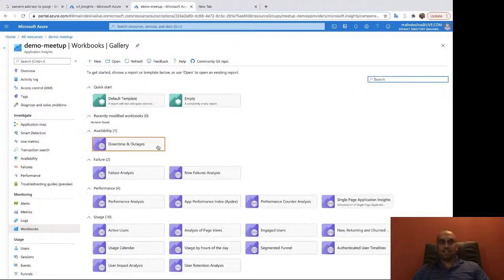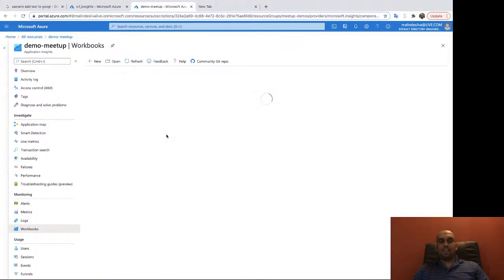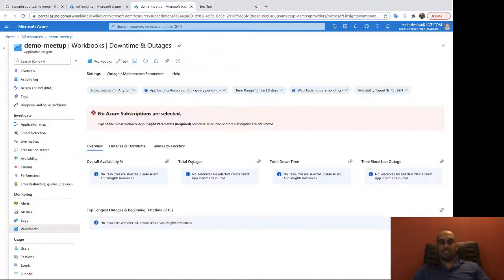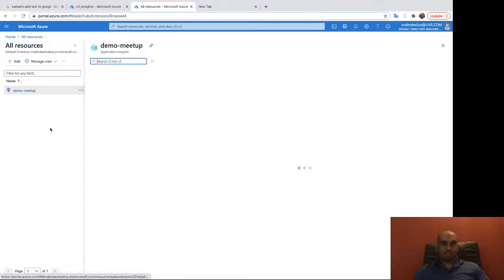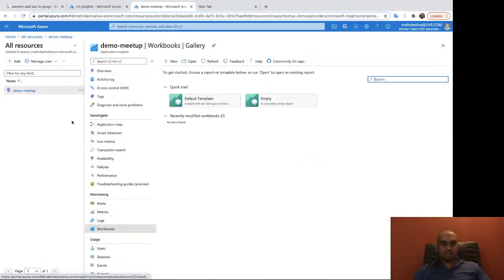and as you can see, as we saw in the queries itself, there are multiple templates available. It's just not showing up because I haven't selected in subscription. Yeah, because there's nothing available in an Azure subscription for this resource. It's not showing up in this report. Let me just close it and come back to workbooks,